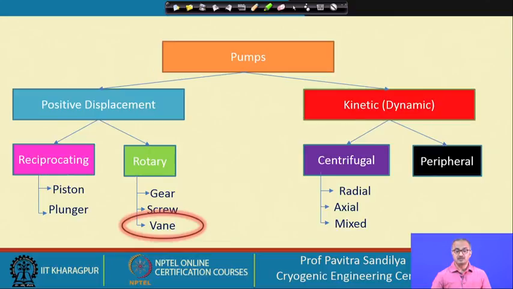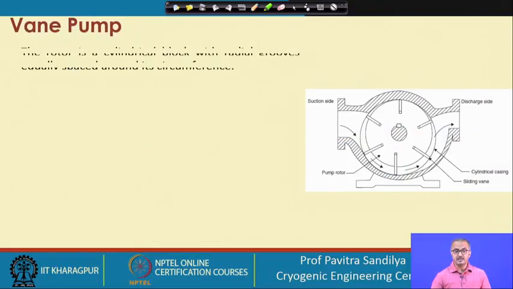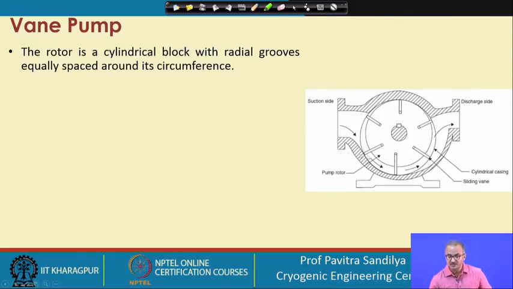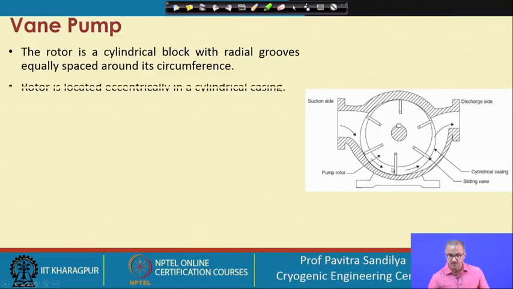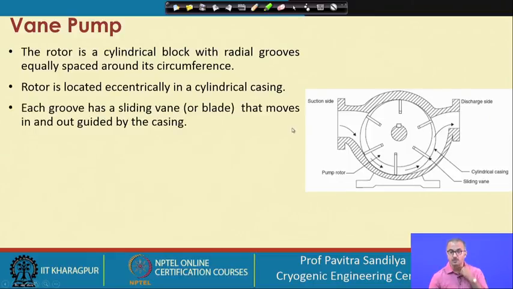And then we come to another type of pump, that is a vane pump. In this case, you can see what the vanes are. Here we have the vanes, and first of all this is the rotor part, the pump rotor, and in the pump rotor we have many grooves. These grooves are generally equispaced along the circumference of the rotor, and in each of the grooves we have what we call sliding vanes or blades. Now sliding means these vanes can go inside and outside of each of the grooves.